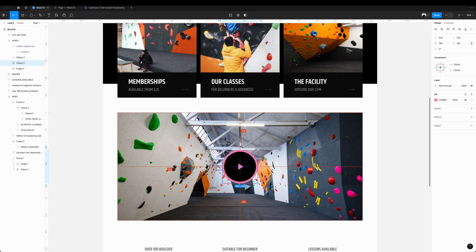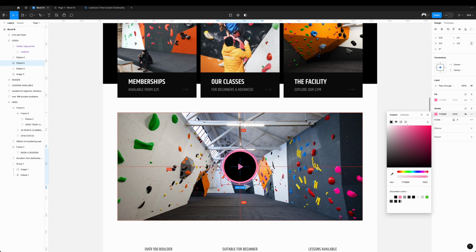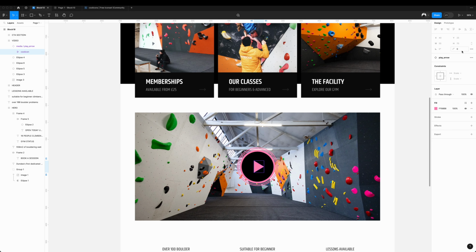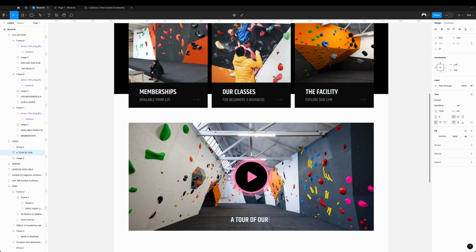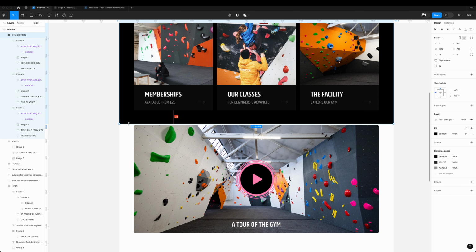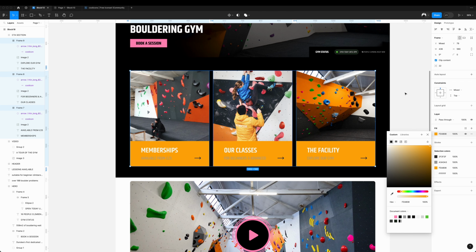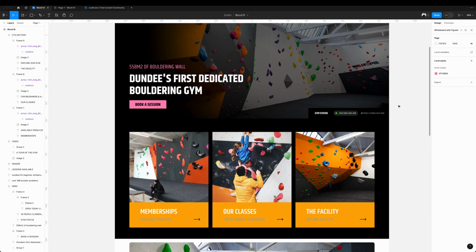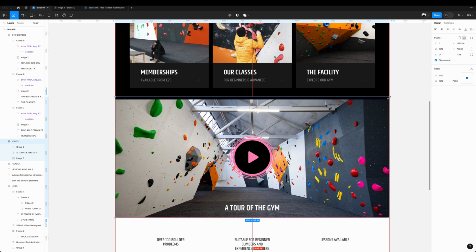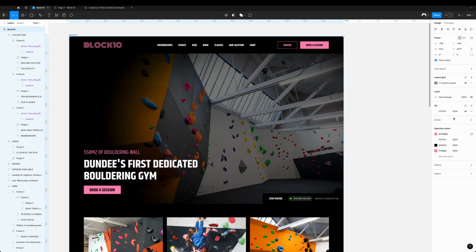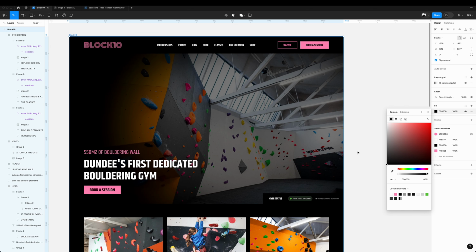Right, we're making a play icon because this is going to be a video. Now we have a hero video, but that's just going to be auto playing in the background. This, we actually want to show a full video. So in this section, it allows you to click into it. Now here, I'm going back to the call to actions, trying to see if I could work in that orange. I think it looks okay, but ultimately I decide against it. But we do go back to those call to actions and make them look a lot cooler before the end